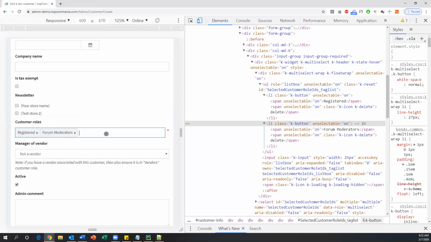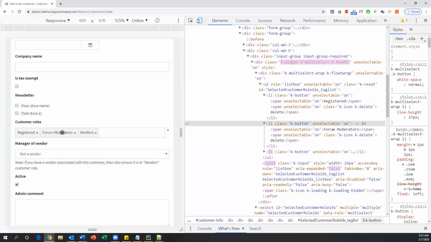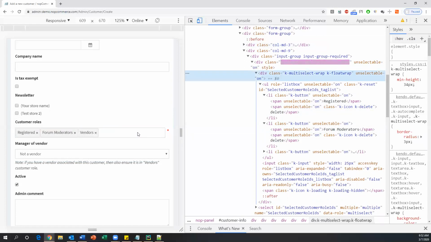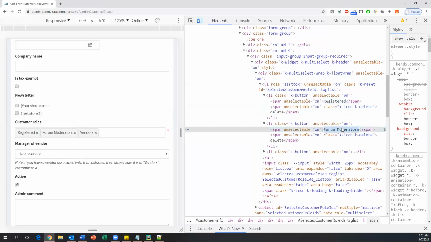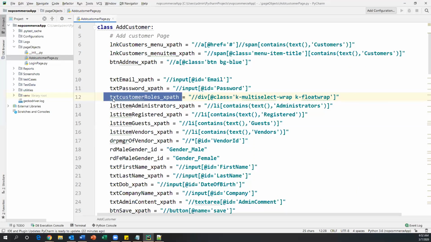Okay, so the text box itself I have located, and whatever items I'm adding here, each item is located. So you can find those locators here itself. This is registered, and this is forum moderators. So this is my text box, and list item administrator, list item registered, list item guest and vendors.